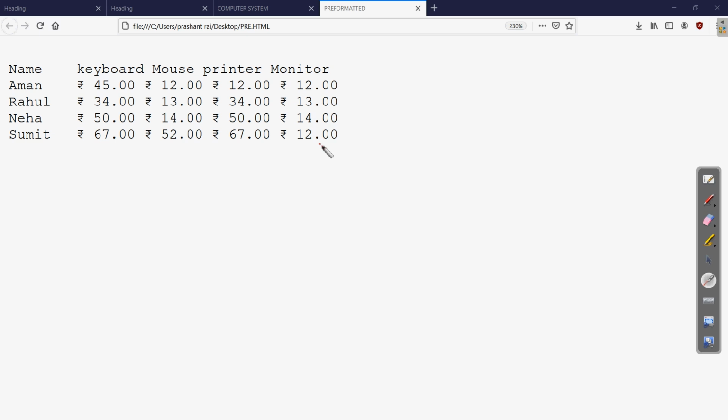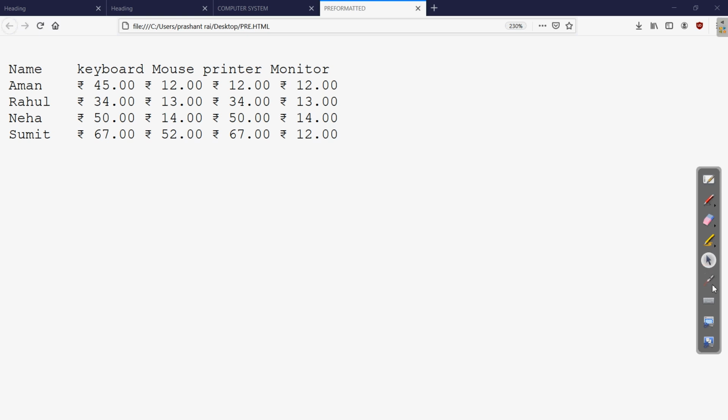So how is this possible without using the paragraph tag or the BR tag? We have used the pre tag. As we have discussed, the pre tag will keep the formatting which is written inside the notepad or any editor software, and the same will be the appearance on the web page. I hope this is clear.